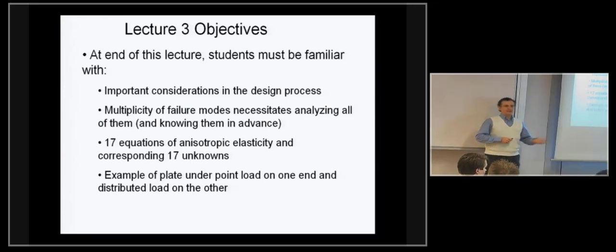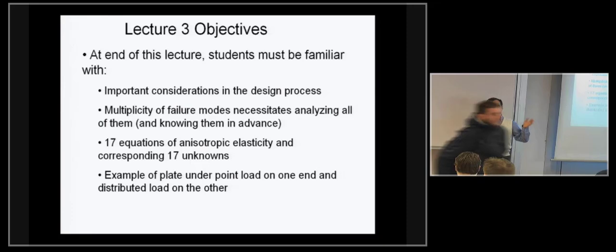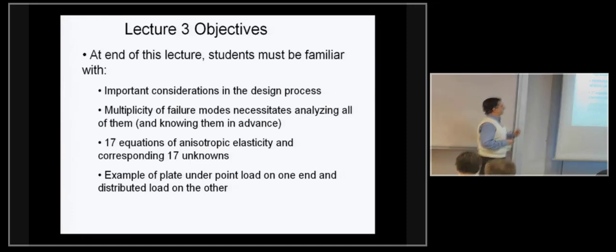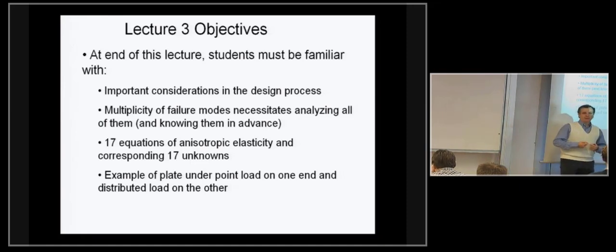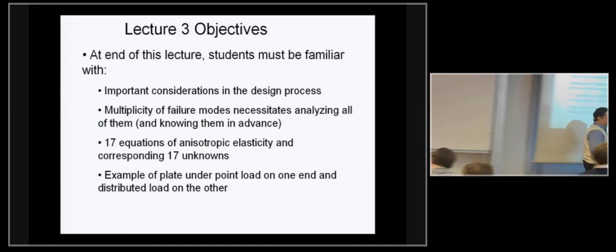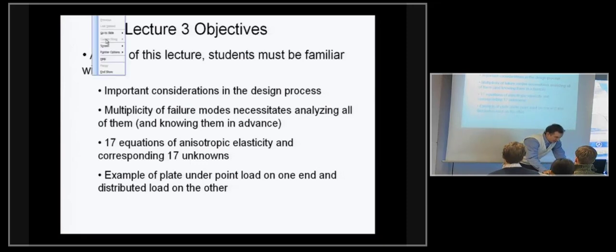Let me say up front that it becomes crucial to know the failure mode for which you are analyzing. If you don't know it, then you might miss it. If this finite element code or whatever you are using is tailored to the construction that you made up, it may not be able to tell you it's going to fail at this specific failure mode, and it might miss it. I'll show you examples throughout the course. Then we'll do the full-blown 17 equations in 17 unknowns for anisotropic elasticity, and we'll try to even start solving those for some relatively simple cases where we can solve them in closed form. So, having said all this as a background,